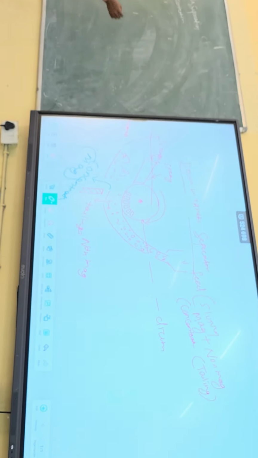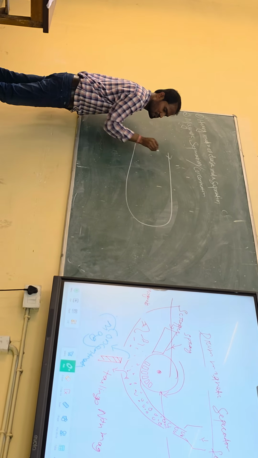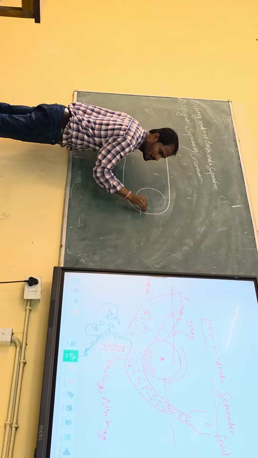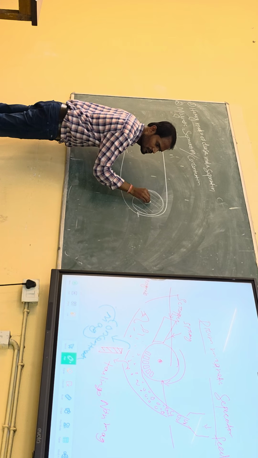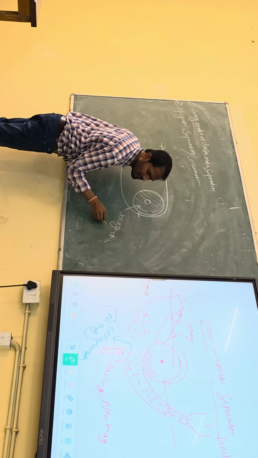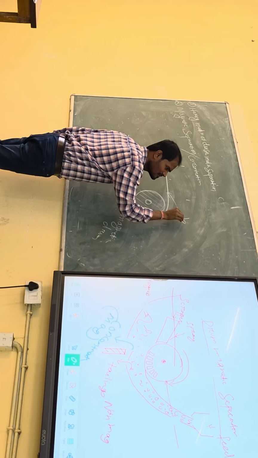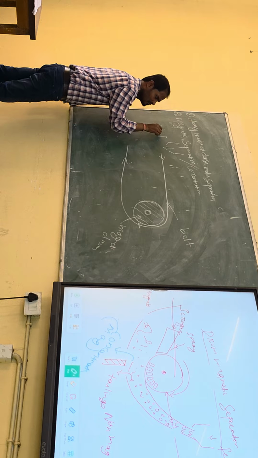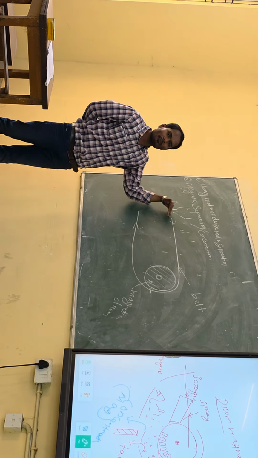Otherwise, you can say like this. For example, this direction it is moving. So you will be having one magnetic drum, or whatever you can say. And this is your belt. And you are feeding the minerals from here. This is the feed. You are feeding the minerals on the belt.